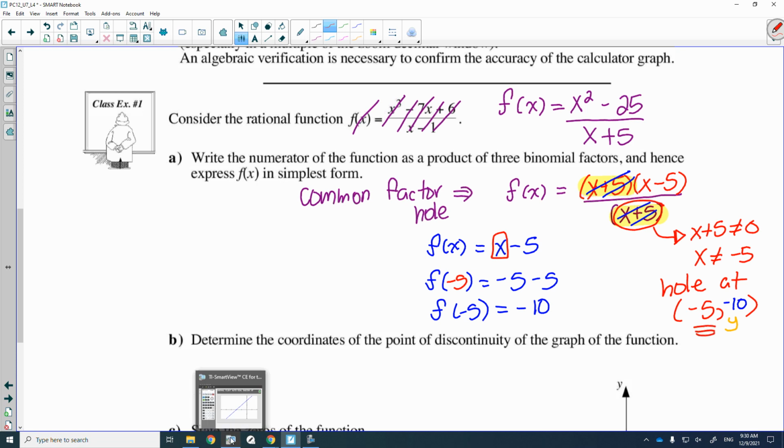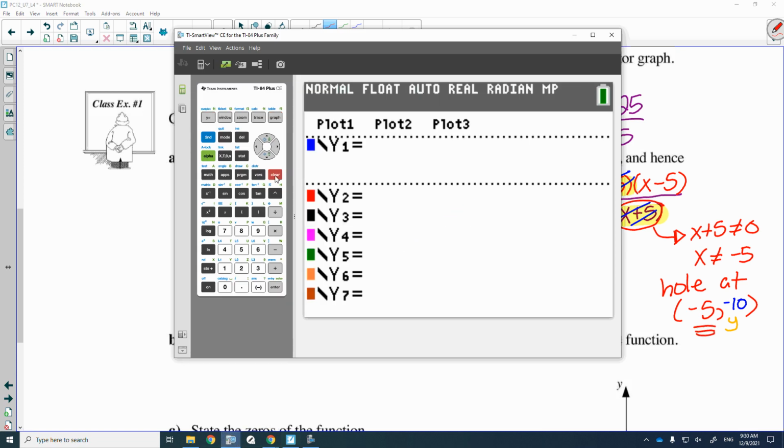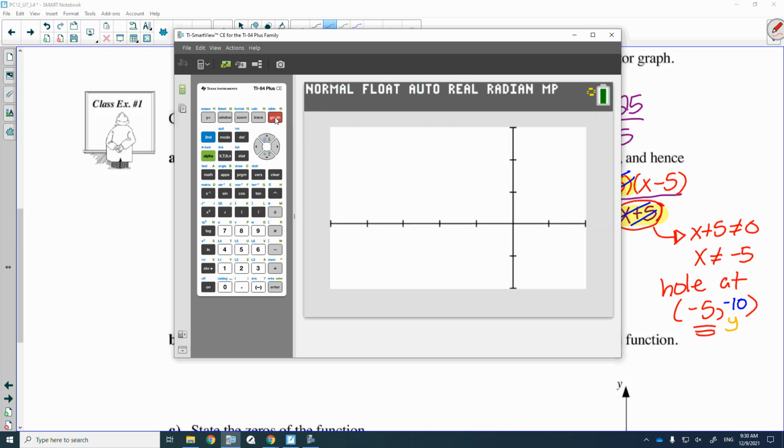So I'll plug the original in. So the original was x squared minus 25, just because we want to see the shape, over x plus 5. I know it's going to be a line though, right? When I graph that guy,